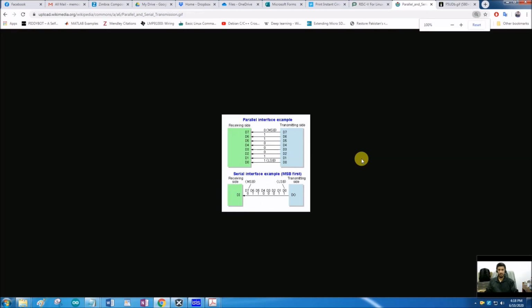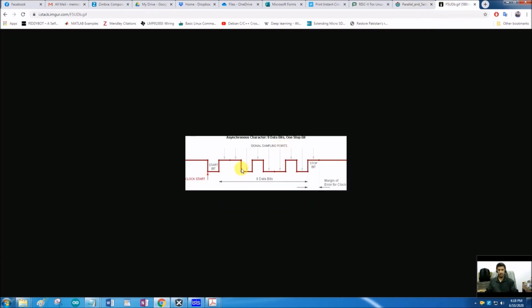We already discussed how the data serialization is done. We did it manually using the shift command and rotate command in the assembly language and in the C language also. And we get a waveform like this for sending and receiving of data. What we didn't cover in our data serialization lecture was the start and stop bit or the handshake portion of the data that is being sent.